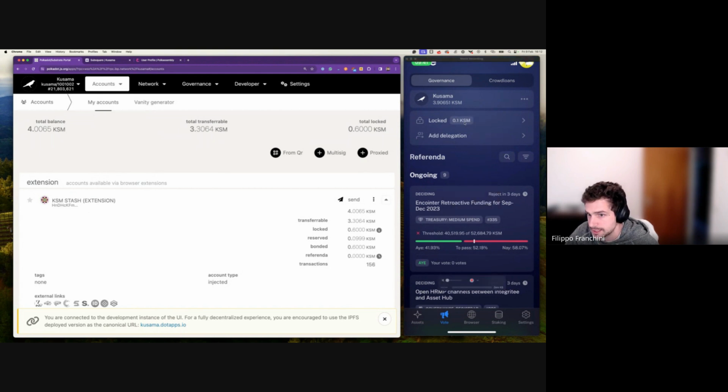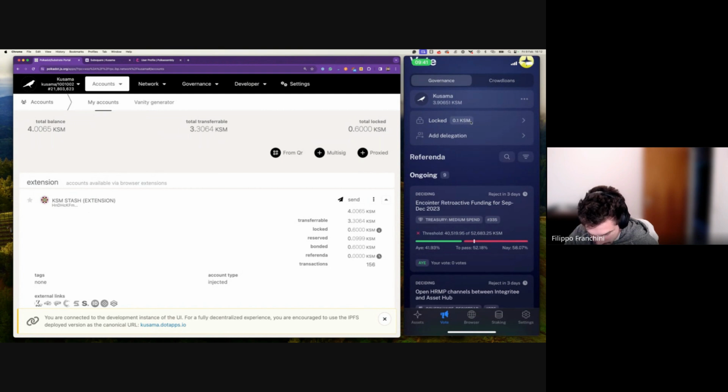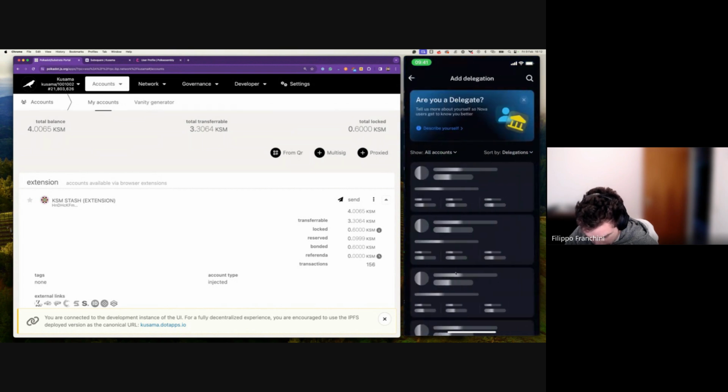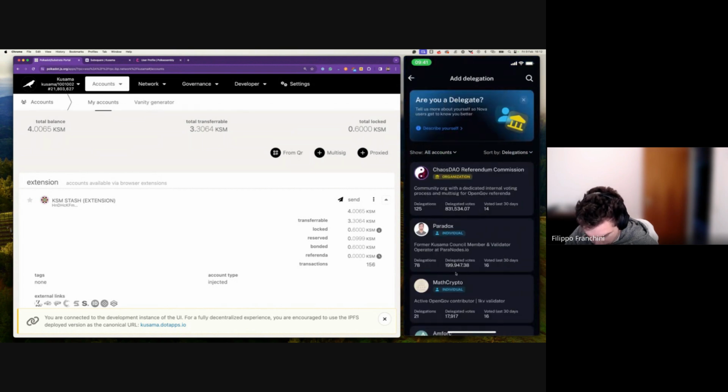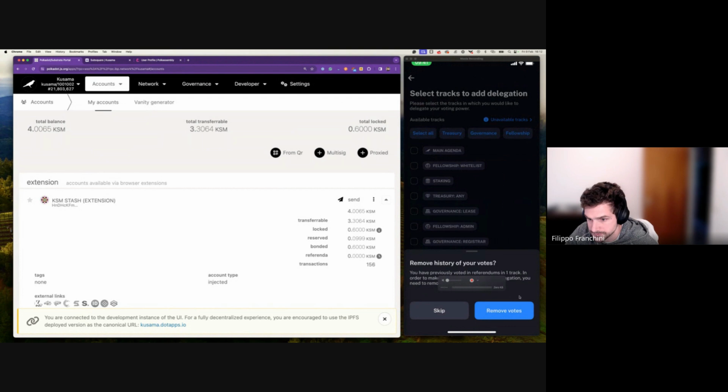And now I'm just left with the 0.1 KSM that was from a delegation. So we delegated and undelegated. We can see here still we have 0 votes, and I don't know why Nova is doing this. As far as I know, and I tried, there is no remove vote option here. But actually, if you go under add delegation and you try to add a delegation again, you will see this